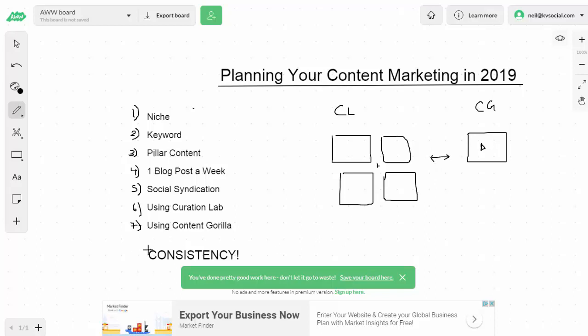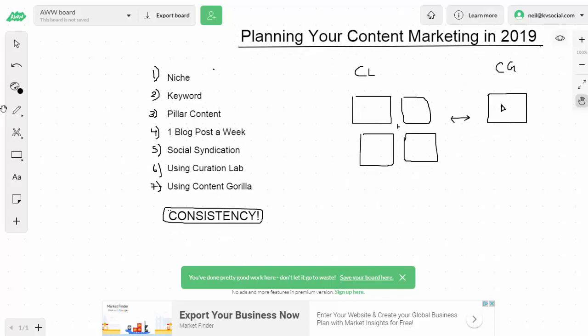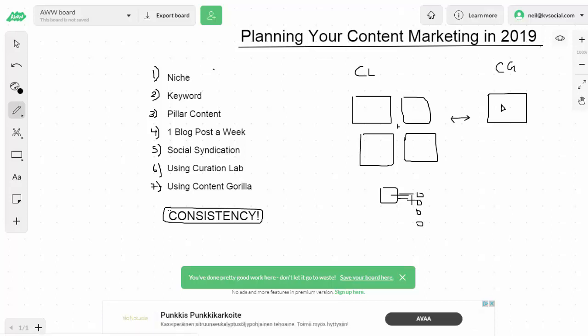But the thing I want you to please remember in all of this is consistency. That is the absolute key, because if you're not consistent, if you're not doing this every single week, you won't see compounding results. So the way a site works is, let's say, one of your pages starts getting traffic, people will obviously filter and then check some of your other pages as well. And now that you're getting more people visiting more of your pages, Google's going to realize that, hey, your site's actually getting popular, and it's going to start giving your site more juice as well. It's going to start pushing up your site's authority and ranking as well.